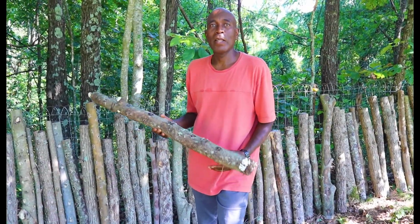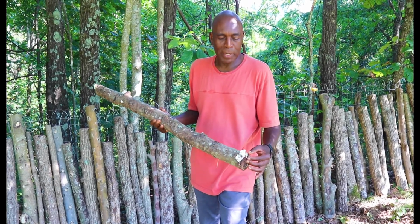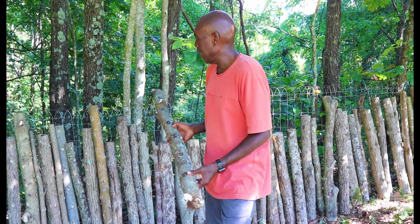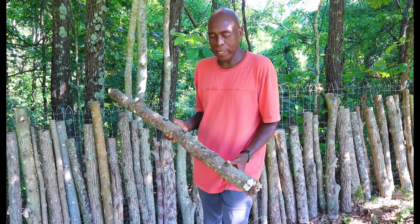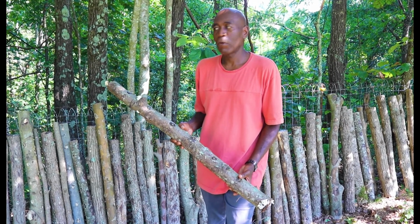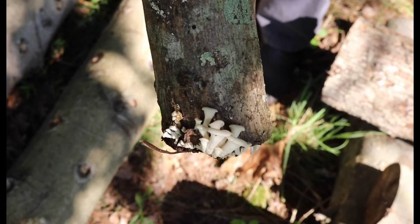Okay, this is my log production area, and I do a lot of production on logs because I think you get a much higher quality mushroom than on the sawdust blocks. You can see here right now I have about 100 logs, and they're inoculated with a variety of different mushrooms, everything from oysters to shiitakes to even some more medicinal varieties. And right now this one is fruiting. It has some oyster mushrooms coming, you can see right here,